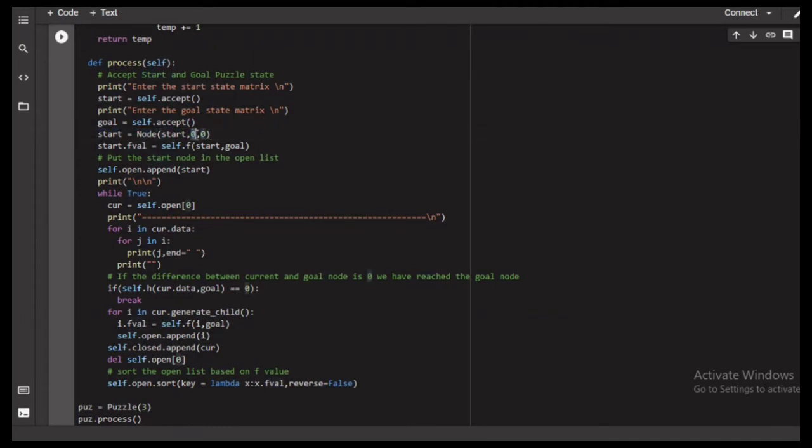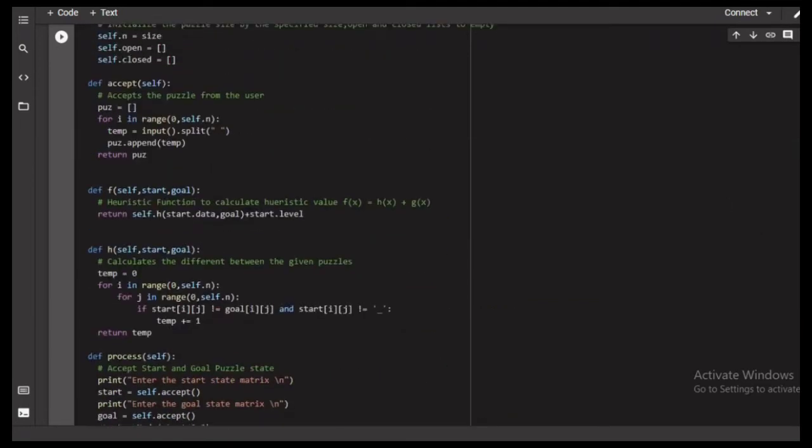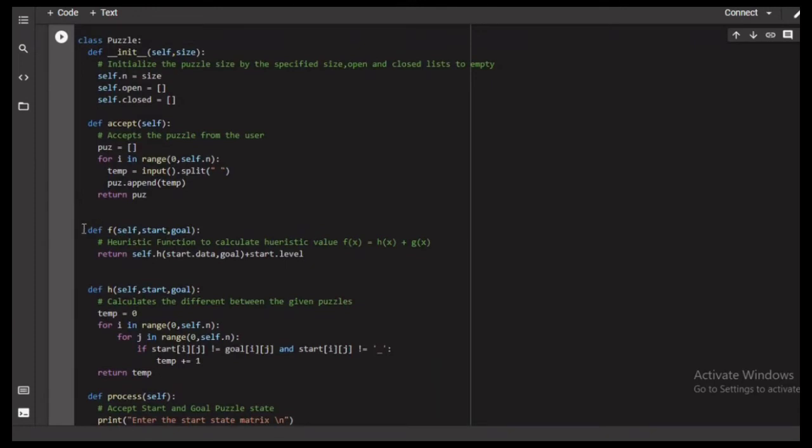So after that we are calculating the f value for that particular node and assigning the f value for that particular node. So here is that method to calculate the f value, and here it is. It calculates h of x plus g of x.